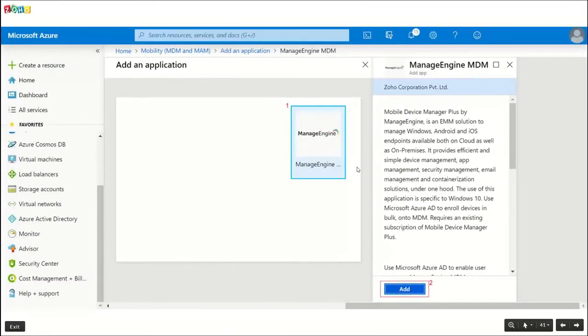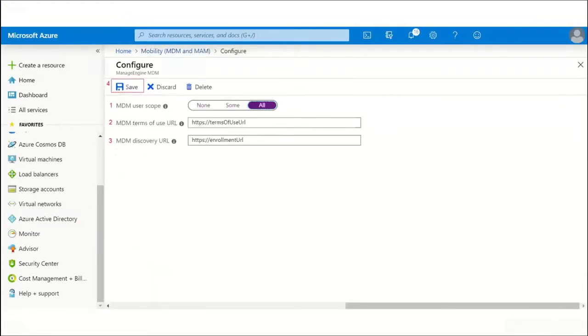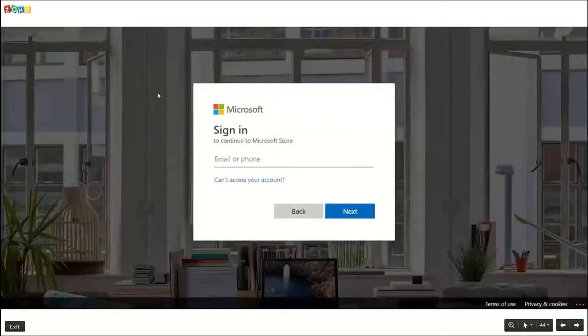In case of the cloud, you should not search for the on-premises MDM application. Rather than that, you need to search for ManageEngine MDM. Over here, after selecting the application, you can click on Add. And similar to the on-premises application, it will get listed. And when you click on the name, you will get an option to configure the settings. But the difference here is you need not configure the application ID here. You can just enter the first 2 URLs and then click on Save,